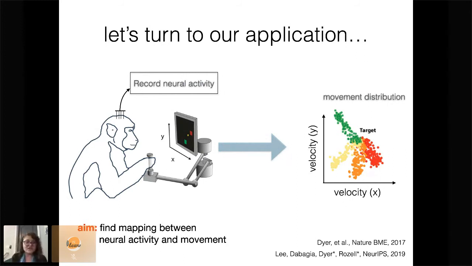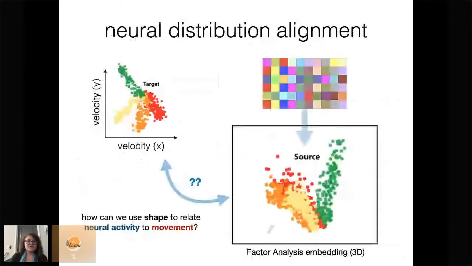And traditionally, this is done by recording both of these things simultaneously, finding some mapping between the two, say on training data, and then using that on a test data set after you've learned that relationship on the previous data. So in this case, what we can actually do, and in some of our previous work, we've shown that you can take the